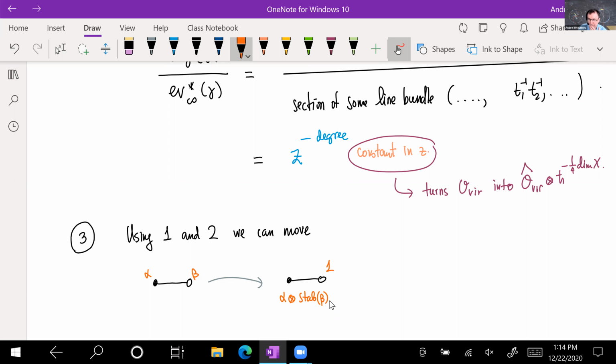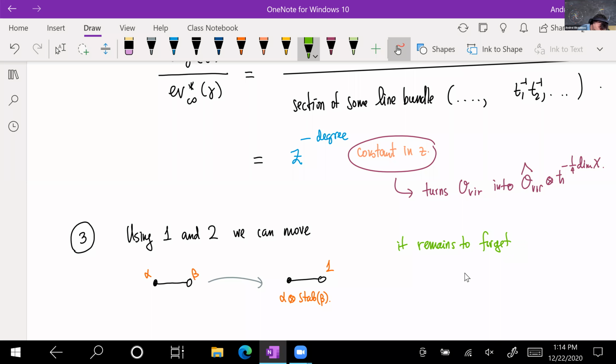Because instead of evaluation at infinity, we can evaluate at 0, and this is even better because that exactly takes care of the degree. And so then what remains is to